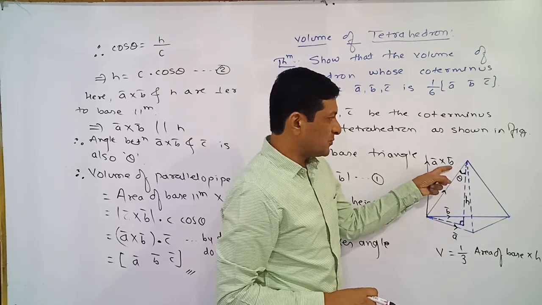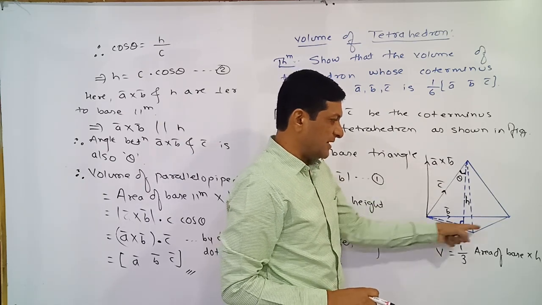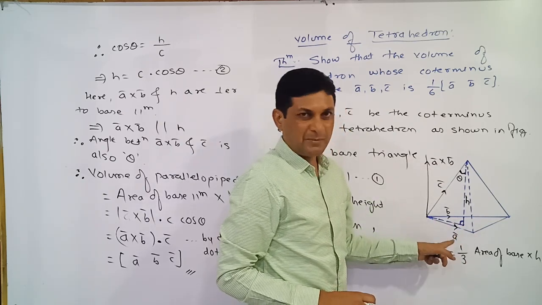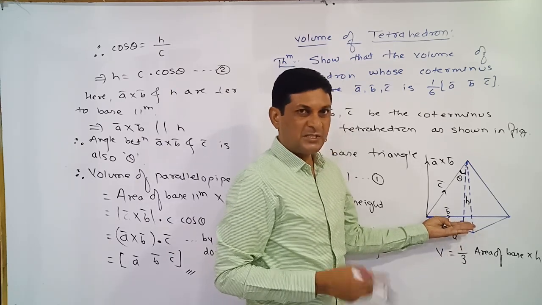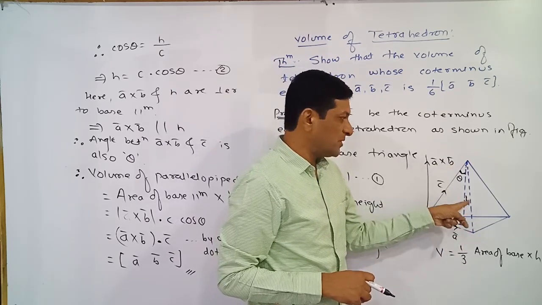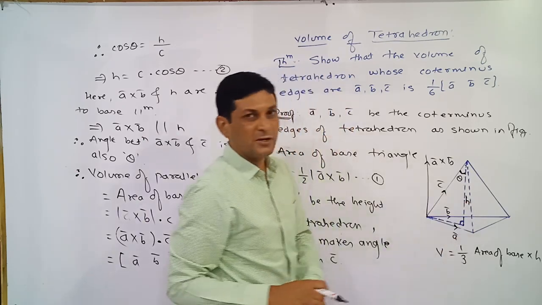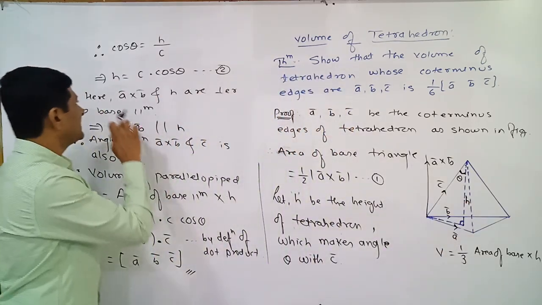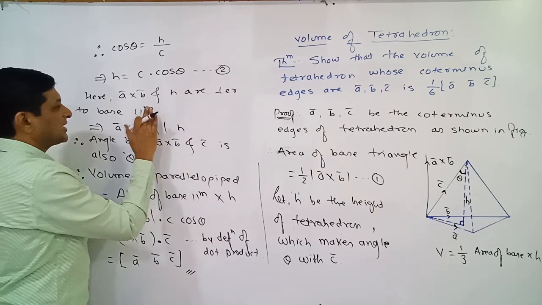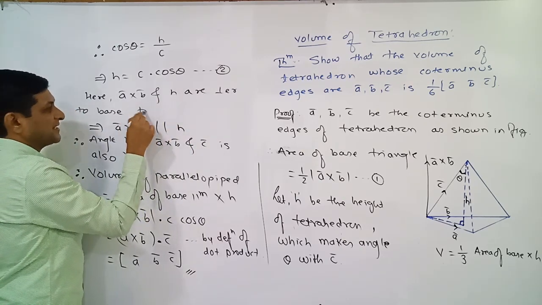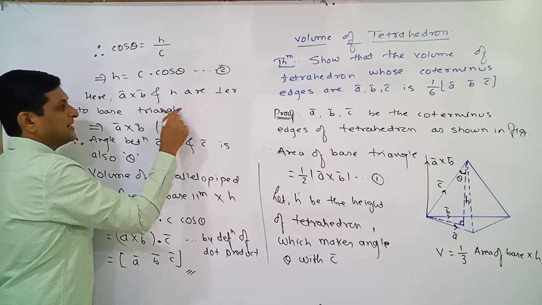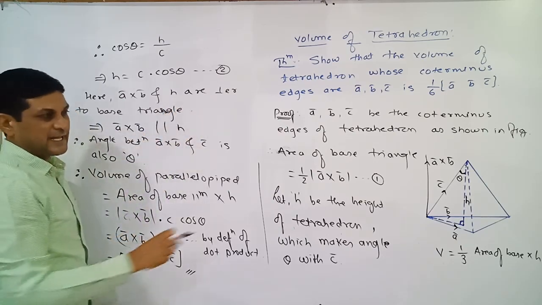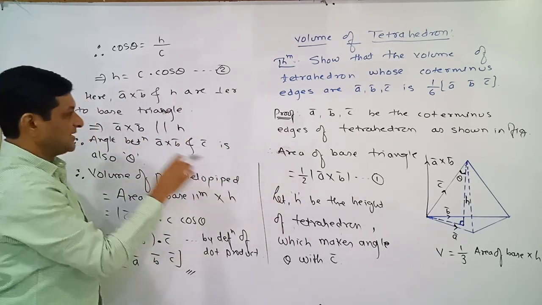This A bar cross B bar is a new vector which is perpendicular to the plane of A bar and B bar. Plane of A bar and B bar means it is perpendicular to the base triangle. Means here we can say that A bar cross B bar and H both are perpendicular to the base triangle. Since they are perpendicular to the base triangle, we can say that A bar cross B bar and H are